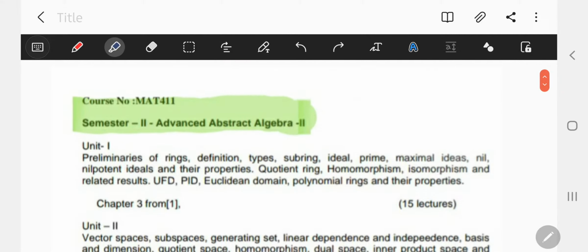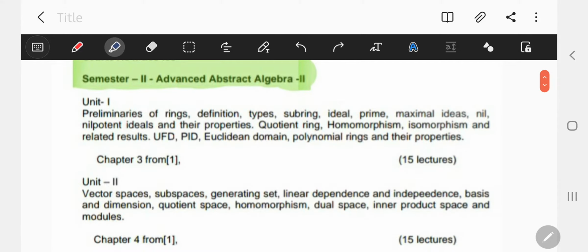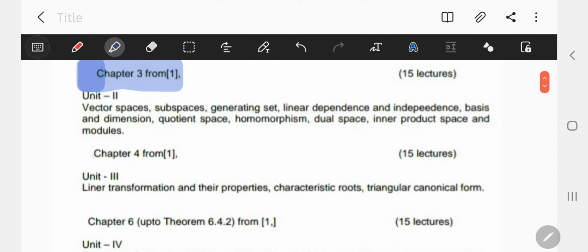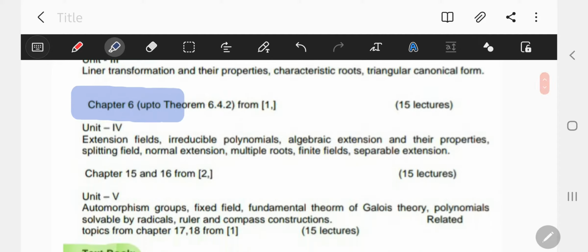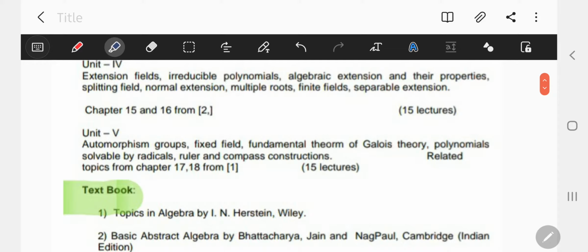That is, for unit first we use chapter 3 from the first textbook, which is Ring Theory. For unit second we use chapter 4 from again the first textbook, that is by Herstein, and the chapter name is Vector Spaces and Modules. Third unit is from again the first book, chapter 6, and the chapter name is Linear Transformation. Now in the 4th and 5th unit we use the second textbook,